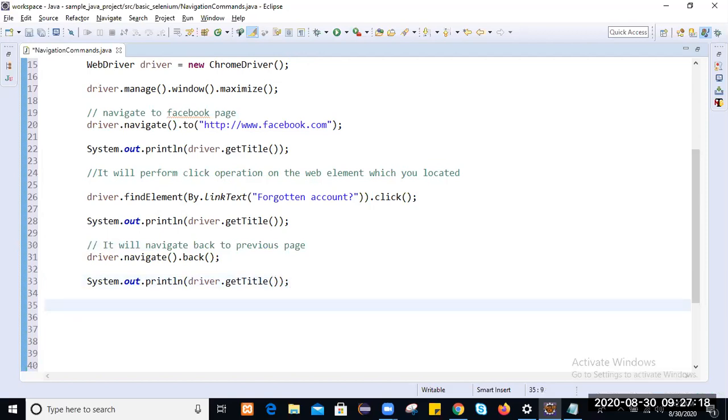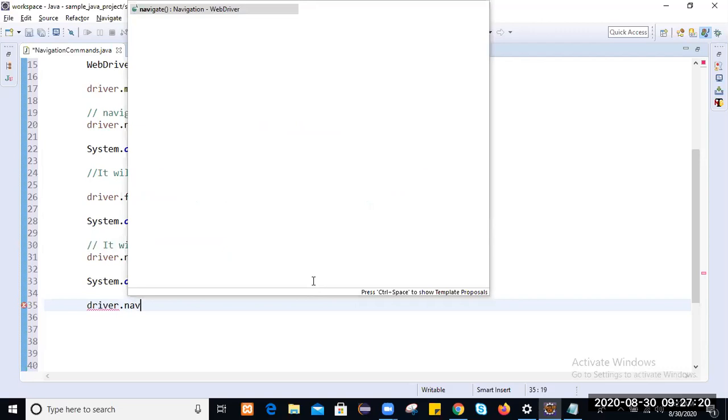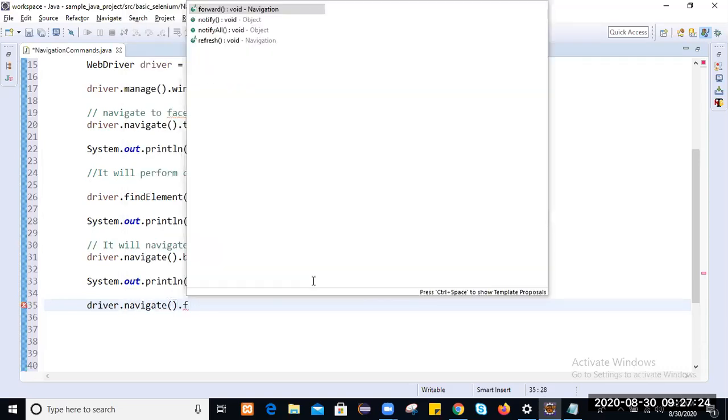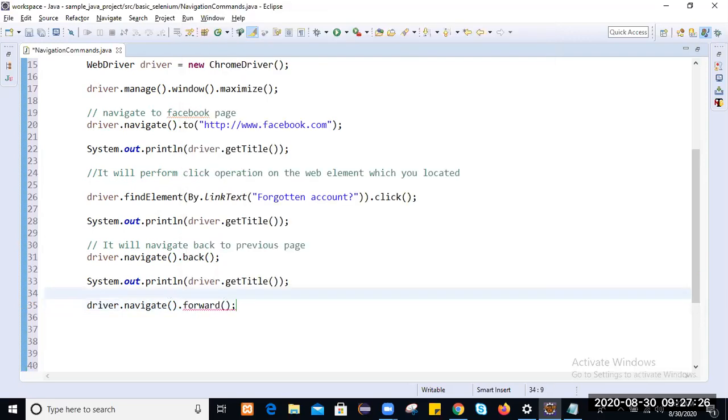Driver dot navigate dot forward method. Once it navigates forward, we are on the forgot password page again.